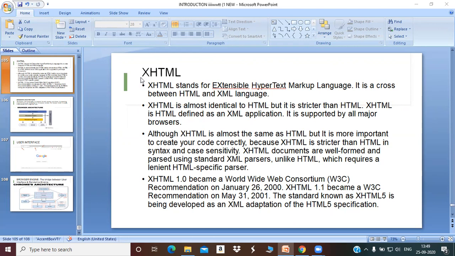XHTML 1.0 became a World Wide Web Consortium recommendation in January 2000. XHTML 1.1 became a W3C recommendation in 2001. Other standards like XHTML5 are also being developed as an XML adaptation.